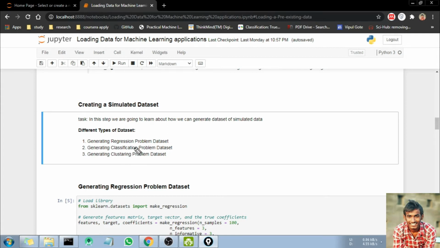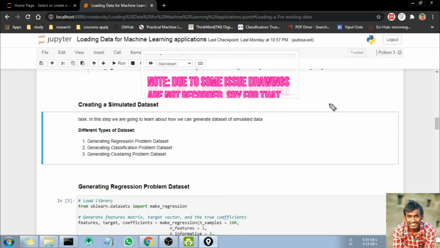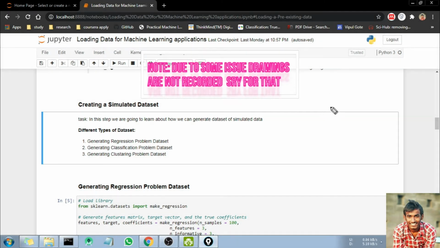This kind of task we call a classification task. For clustering we can take different clusters of data points, and this kind of task we call a clustering task.